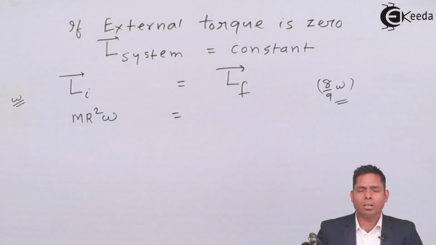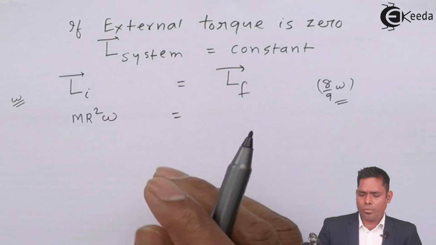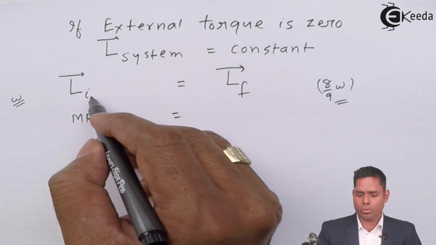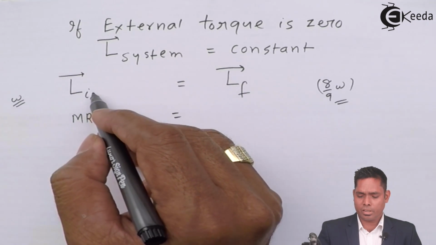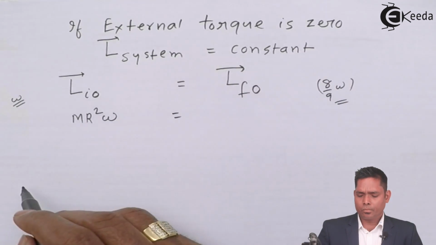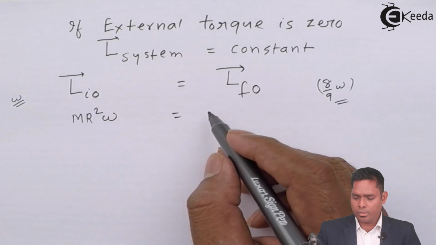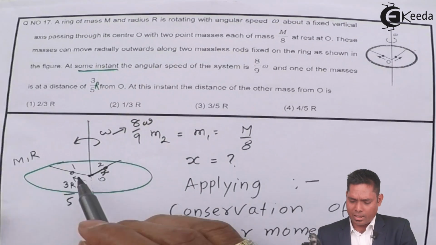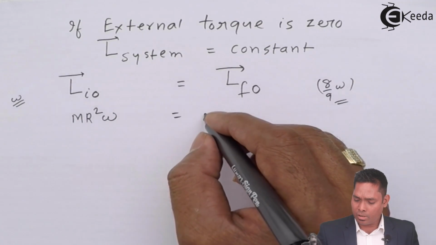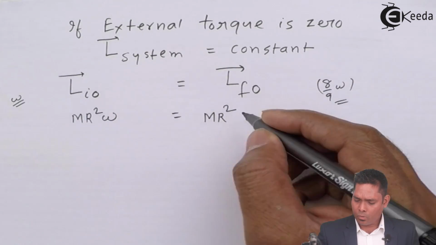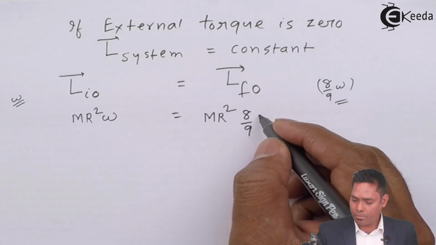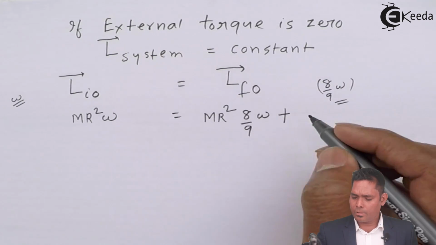That must match the final angular momentum, now that the objects are moving away from the origin. This we are finding with respect to the origin O. This is the initial angular momentum about O. This is the final angular momentum about O. For the ring there is nothing going to change: mr square, and now omega is 8 by 9 times omega, plus